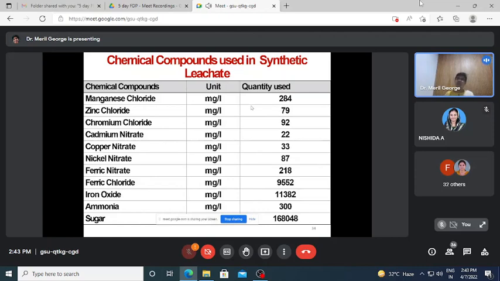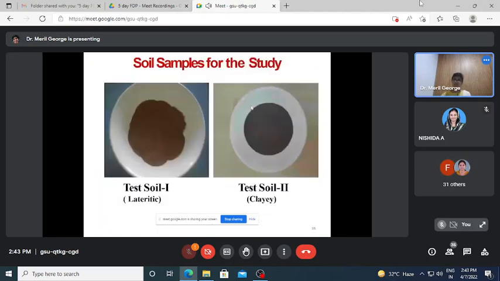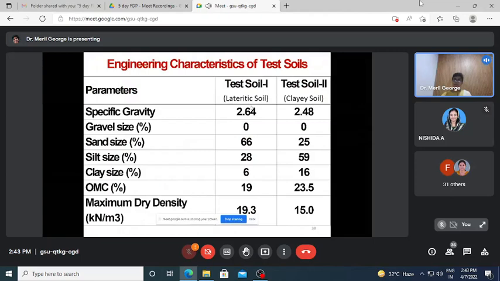These were the chemicals used for the preparation of synthetic leachate, and the quantity used is also tabulated here. After using these chemical compounds and preparing the synthetic leachate, its chemical composition was again analyzed, and I obtained results within that range of values from the field leachate. So that was about the synthetic leachate. And next is about